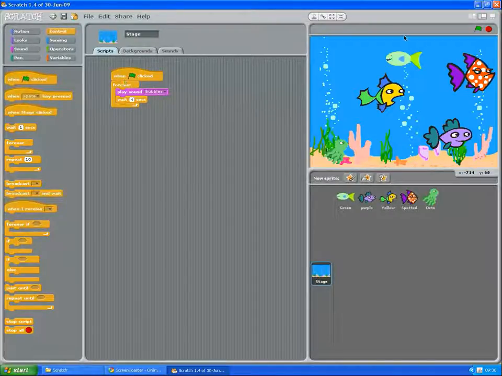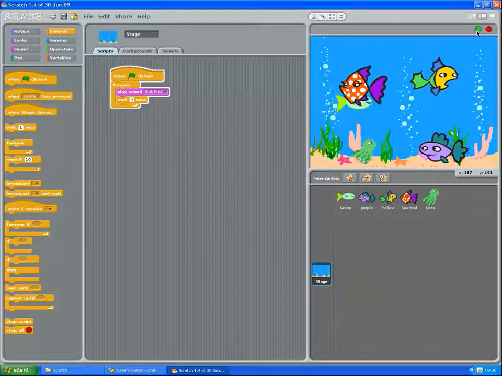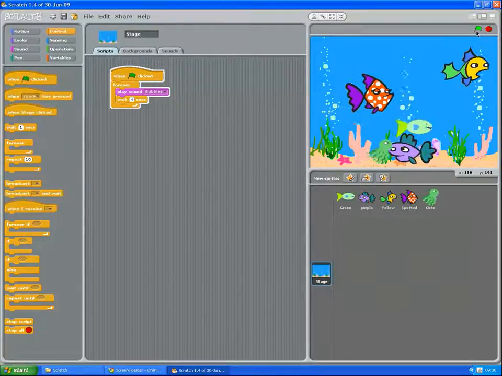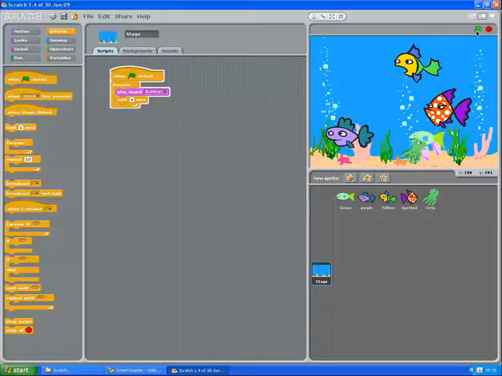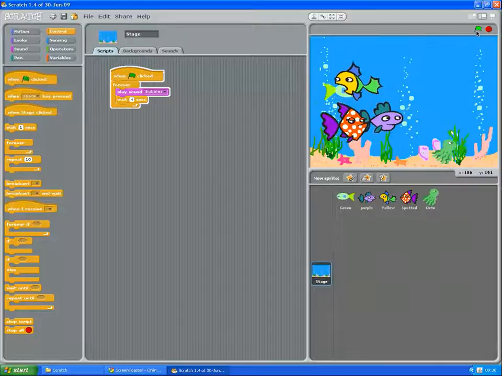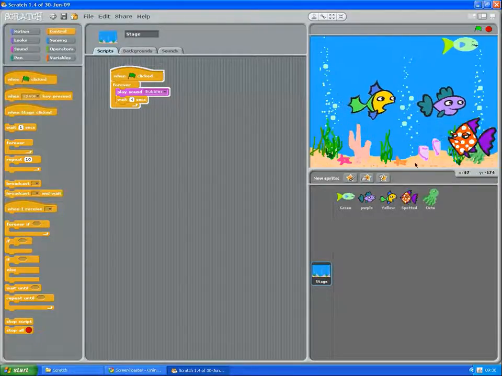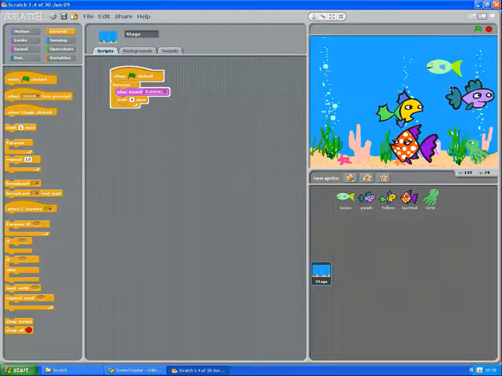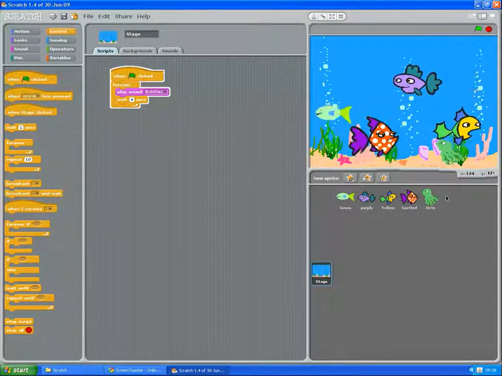Now, this all should work properly. If I click play, if I turn the speakers on, you'll be able to hear the fish swimming and the sound playing. That is, in a nutshell, how you make a very simple fish tank using Scratch. You can take it a step further, and you can add costumes and make the fishes and octopuses appear like they're moving by an